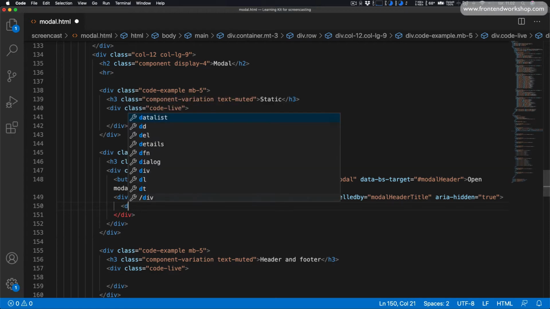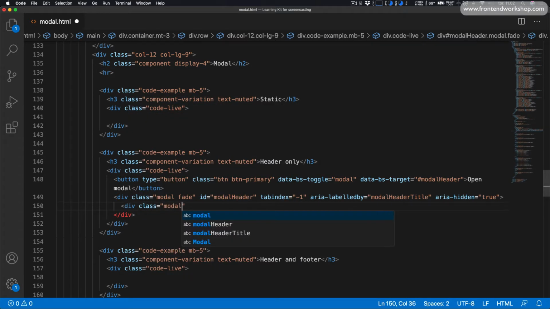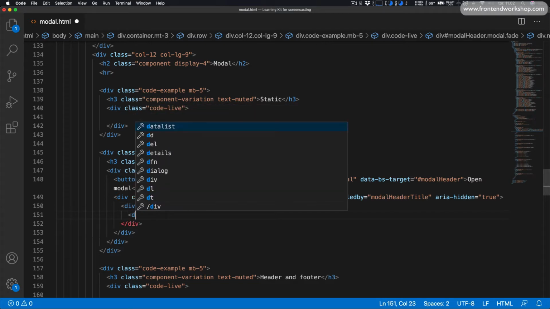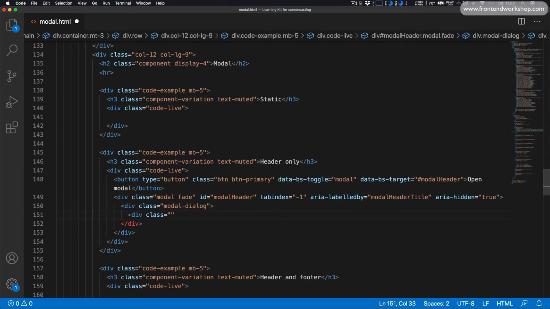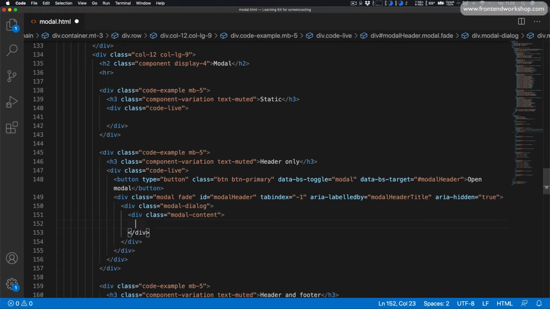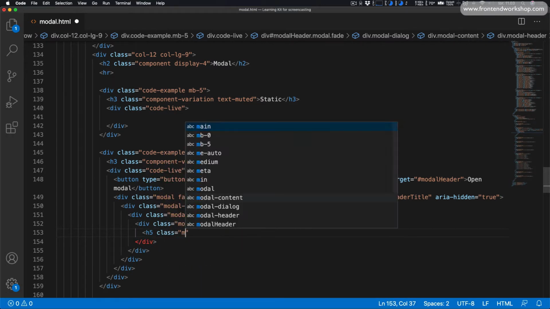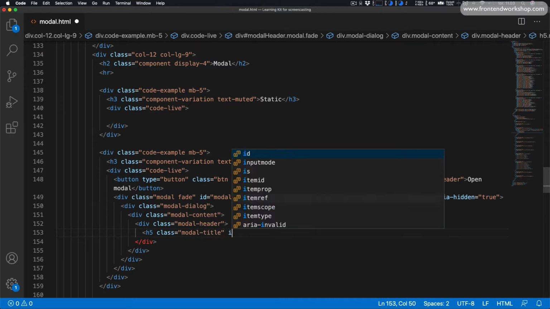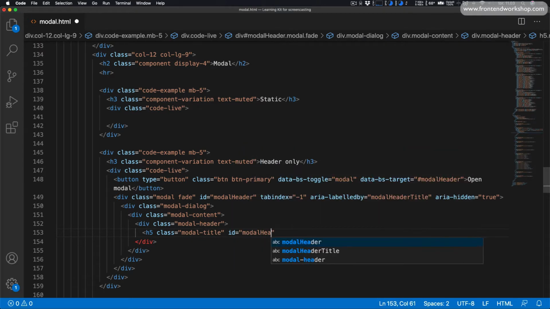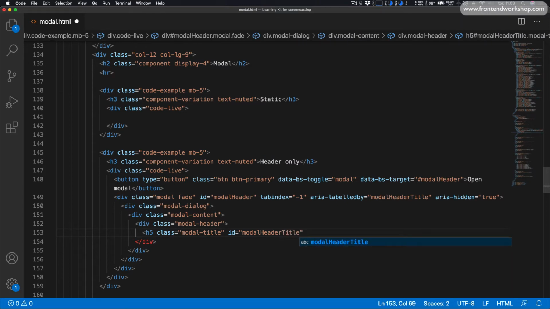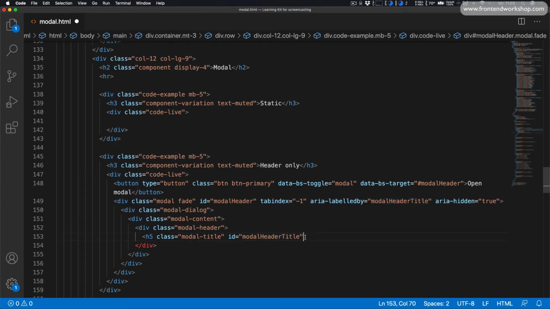Inside of this, we'll add the div tag with the class modal-dialog. Inside of this, we add another div tag with the class modal-content. Now we can create our header. We'll use a div tag with the class modal-header. Inside of this, we add an h5 heading element with the class modal-title, and the ID will be modalHeaderTitle, which we were referring to up here. So this modal is labeled by this h5 heading element with the text